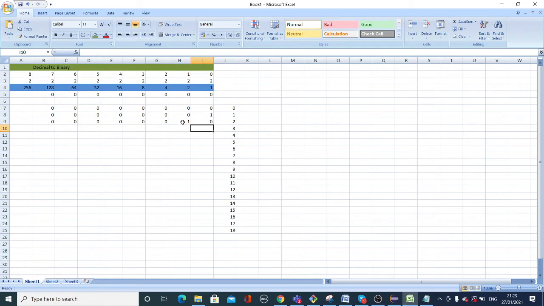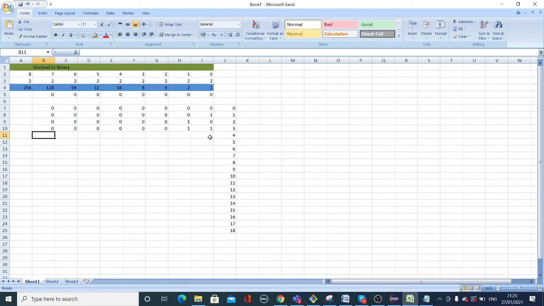So where will you put 1 when it is 3? Three would be 2 and 1, all other 0.